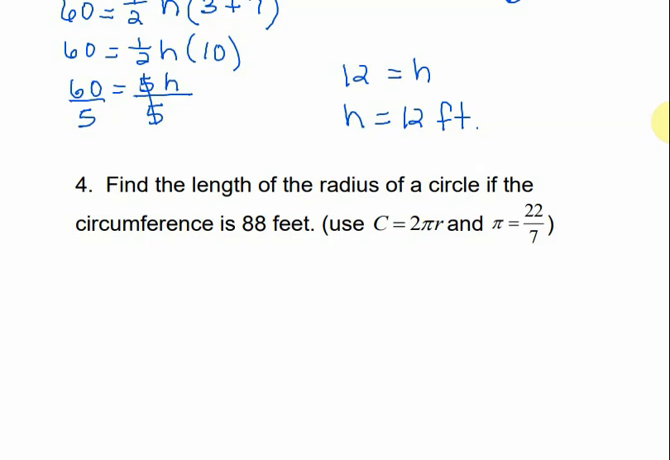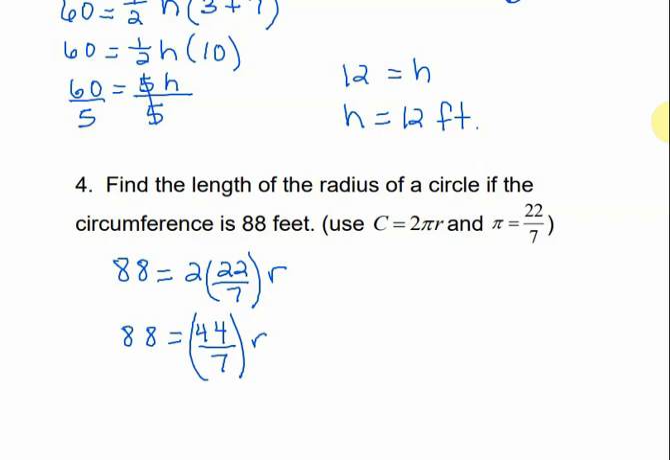Okay, so they said that the circumference is 88 feet, so that's what I'm going to put in the place of C. Is equal to 2, and they said instead of pi, I'm going to put in 22/7. And then we're looking for r. Okay. So if I multiply 22/7 times 2, I get 44/7